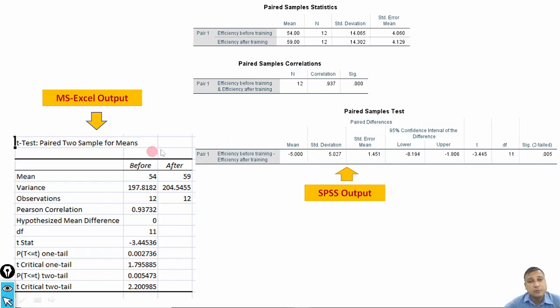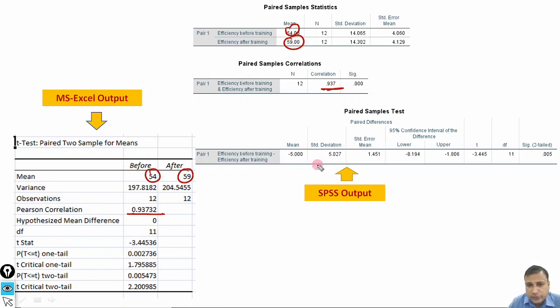Now if I compare both the results, MS Excel result and SPSS result, what I'll find is, again see, the means 54 and 59 before and after are the same here, correct? What about the correlation? Here the Pearson correlation values are the same. What correlation is, all this we will discuss in the respective lectures in the near future.